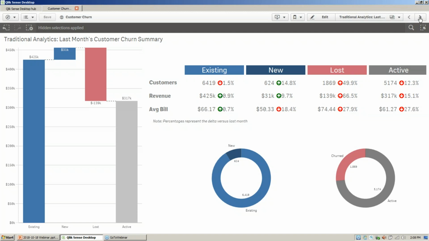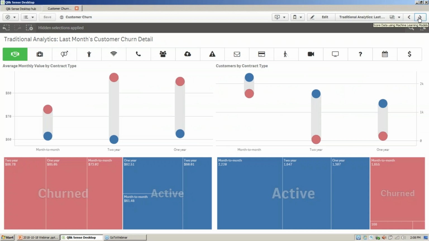So of course we need to get a level or two deeper. One way of doing that is to start looking at things sliced by different attributes and dimensions. On the left side of the screen, we've got dollars, and on the right side of the screen, we've got counts. The bottom tree maps let us know the share by whatever we're looking at. In this case, we're looking at it by contract type.